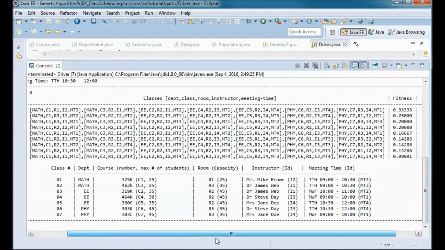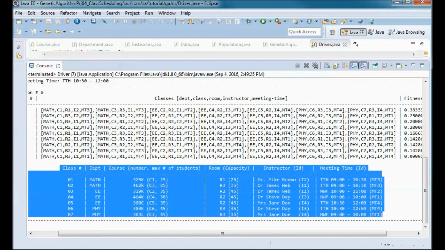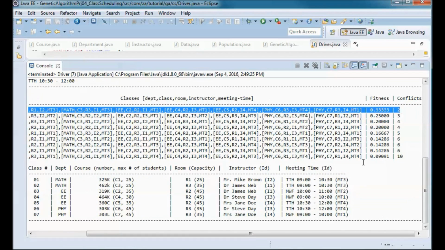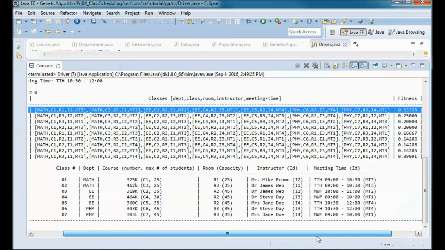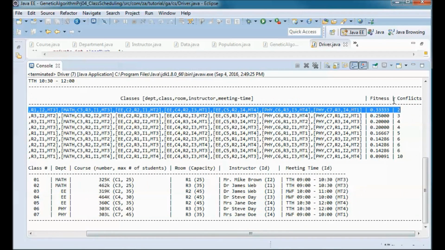So here we go. Printed this schedule in table format. It has 2 conflicts.